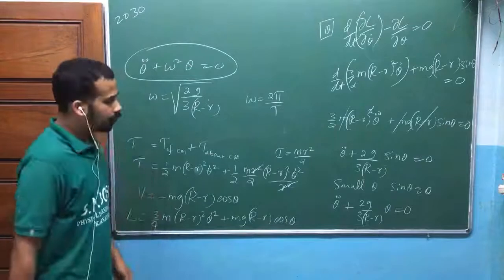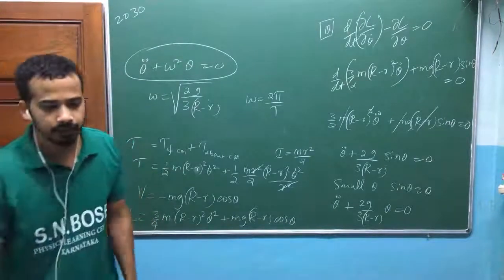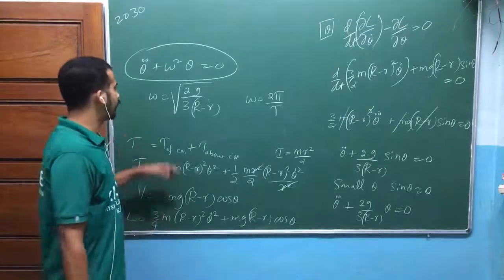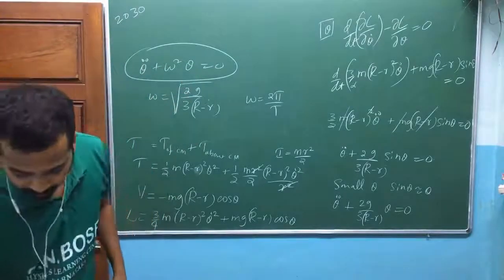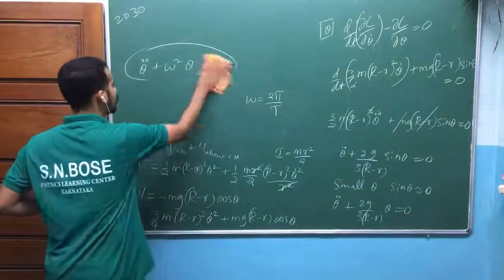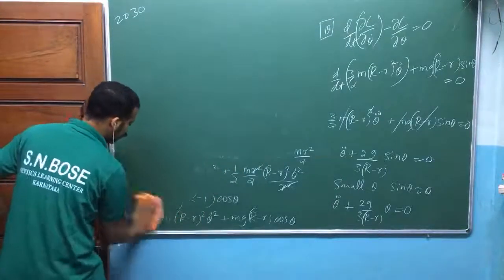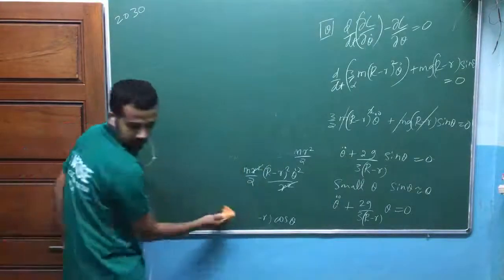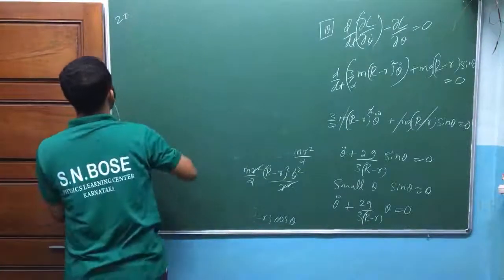effort. But in the case of the table mass problem, you needed some effort to get into this kind of equation, isn't it? Let me do a question similar to the table mass problem, finding the frequency of small oscillation for some kind of oscillation. So let me try to define this problem. I think this is 2014. Okay, problem number 2014.